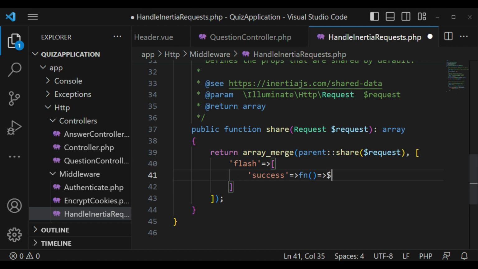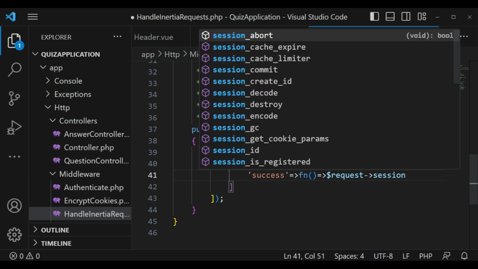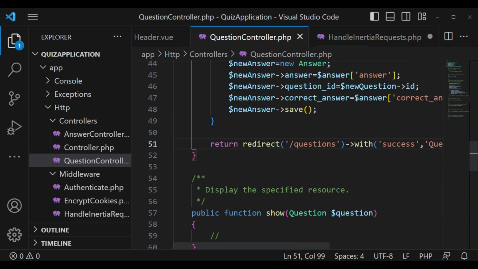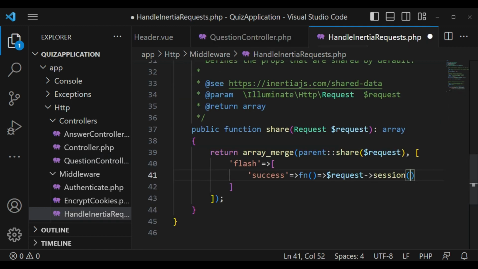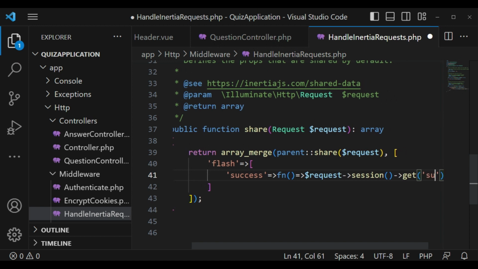and we can say request session. So we will be reading the session. Whatever it is that I have done here, I've been able to send this success to session. So we want Inertia to read anything that has a key of success, then it will be handled by this method and be able to be pushed to the front end. So session get, and in this case we are going to say success